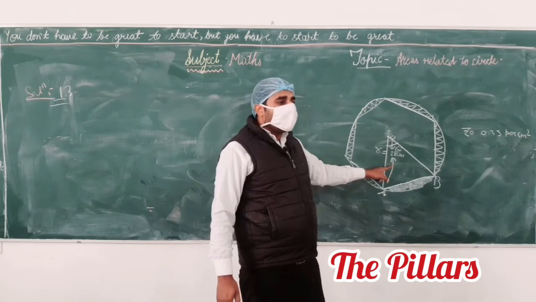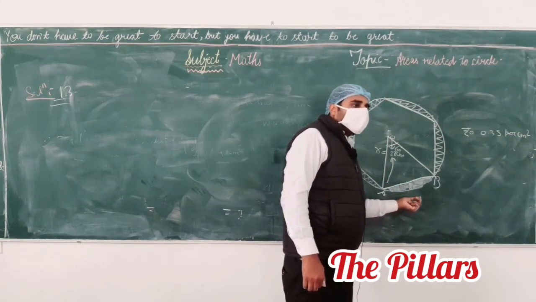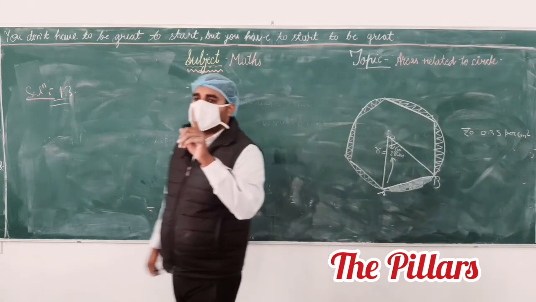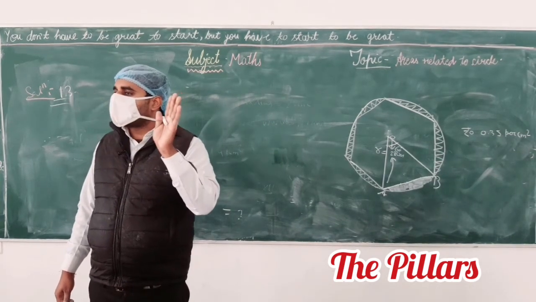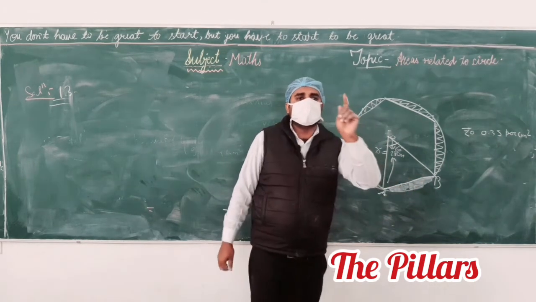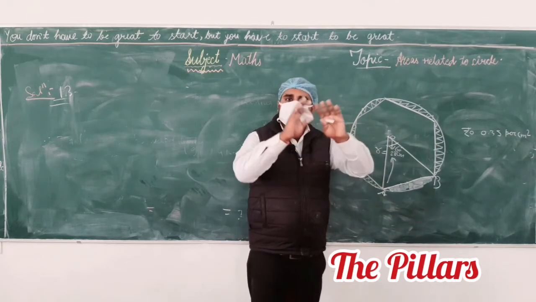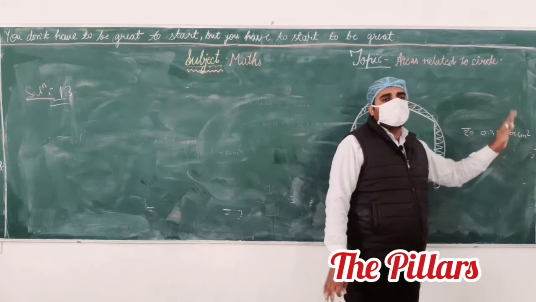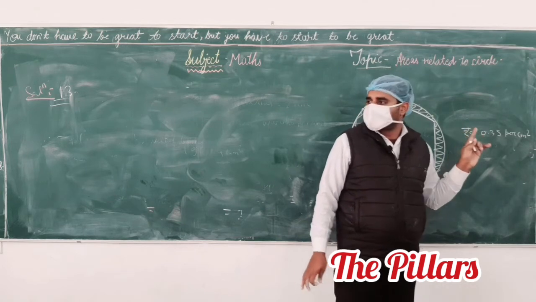The question asks about the area. So first you have to calculate one area, that is, one design. How much area is covered by one design, and all the designs have the same area. It means first you have to calculate one segment area, and all segments have the same area. This segment area is multiplied by 6. We have to find the total area covered by the design, and this total area we have to multiply by the cost. We have to find the total cost to make the designs. Anyone have any problem?